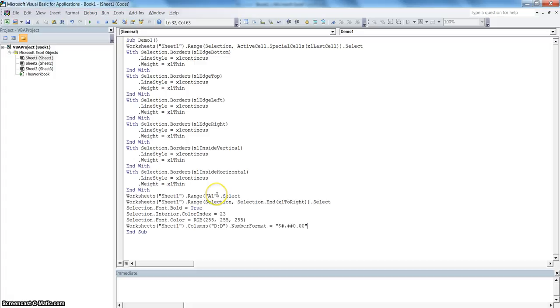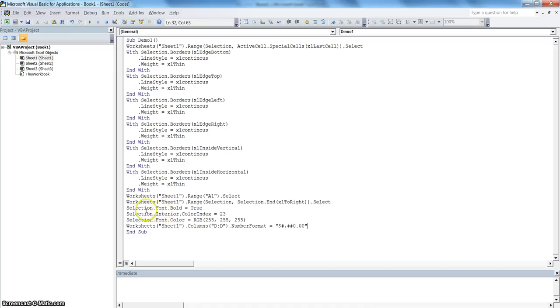After that the code is for selecting cell A1, and then again we are selecting the header row with the help of this line, that is Range Selection, and then extending our selection to the end of the data towards the right. So this is the start range, that is Selection, and then Selection.End(xlToRight) is the end range towards the right where data exists.